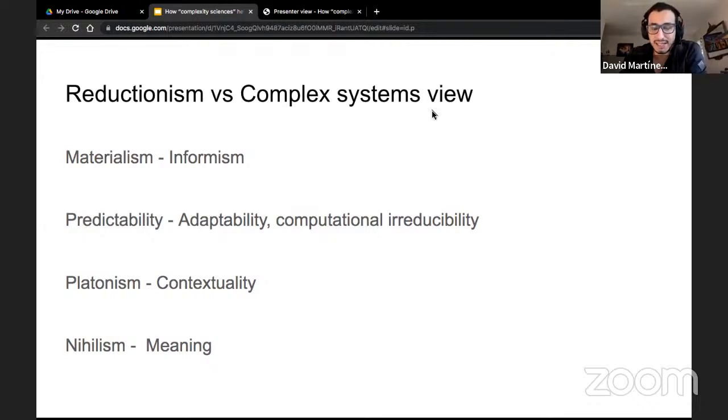The systems can adapt and can evolve. So a problem that maybe we know now can change, and in some time we won't know how it's working. Instead of Platonism, we have a view of contextuality. And instead of a nihilistic view of existence, we think that the interactions generate meaning in the phenomena.